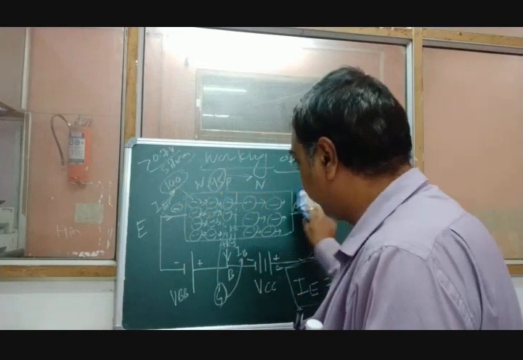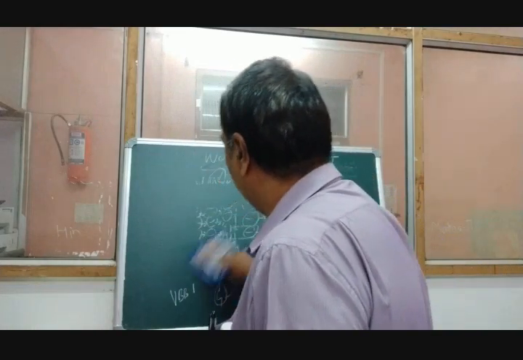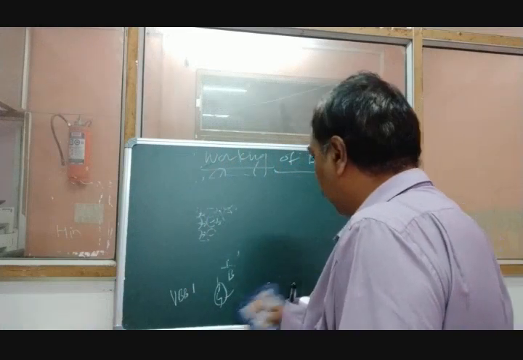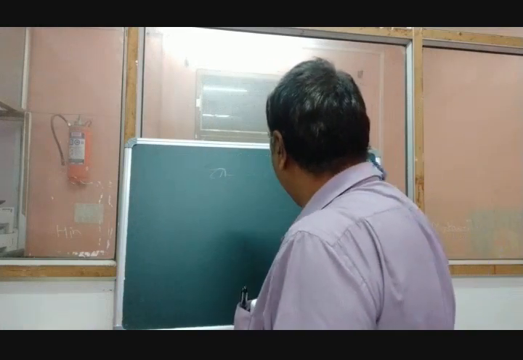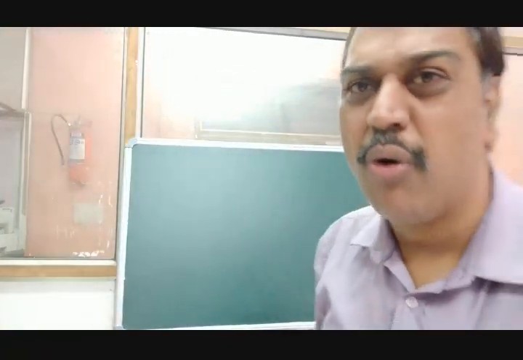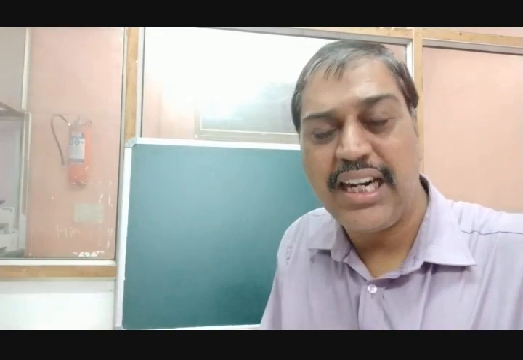Now let's go further. The same thing we have just seen, the working of transistor, how the transistor works. That part we have seen. Now what is remaining? The remaining part is the types of transistor or modes of transistors. Before going into the modes, that is said to be transistor configuration. What exactly are transistor configurations? Before going into that, let's see one simple concept.